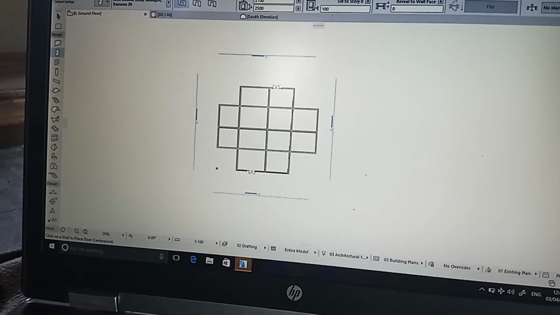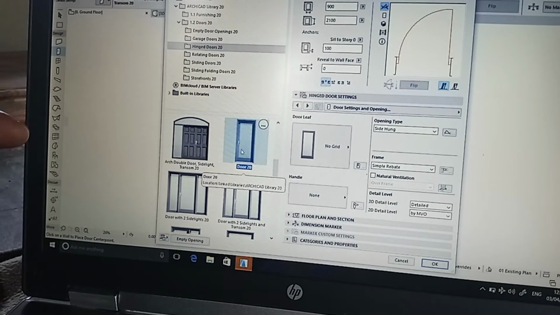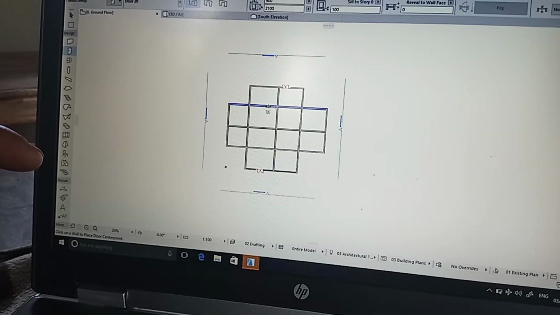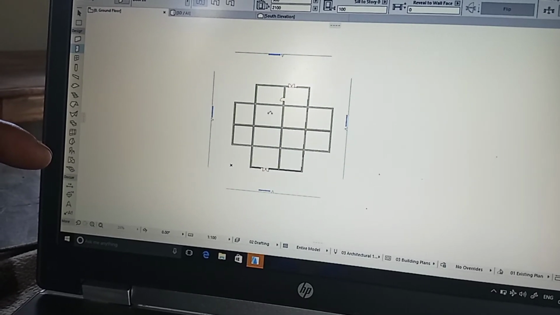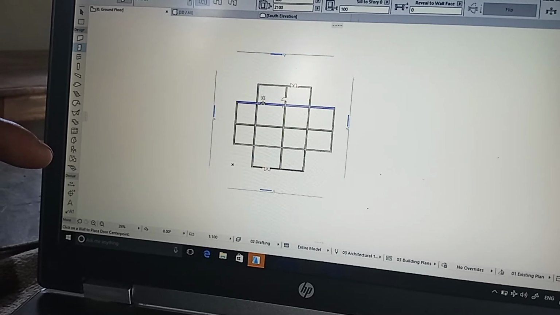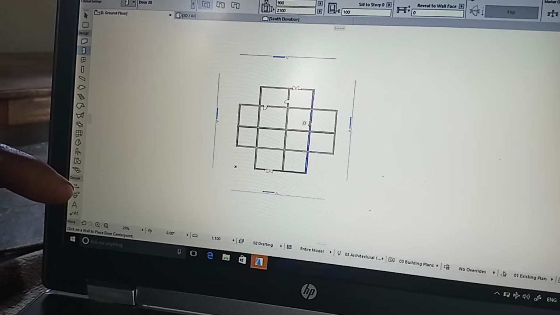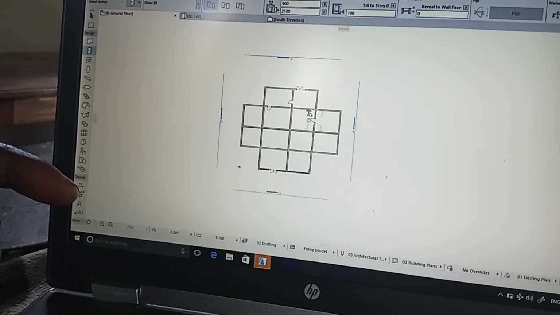Alafu I'll change the door. The door ta change hivyo, nitasema okay. The inside nita change hivyo. Nikiangalia hivyo nita change hivyo. Hivyo tu